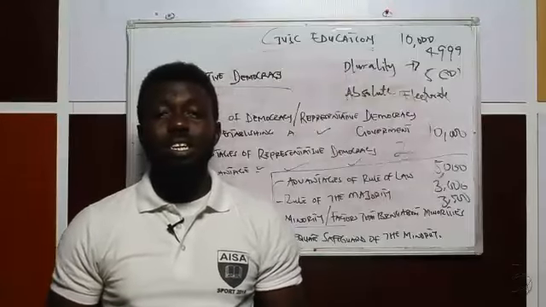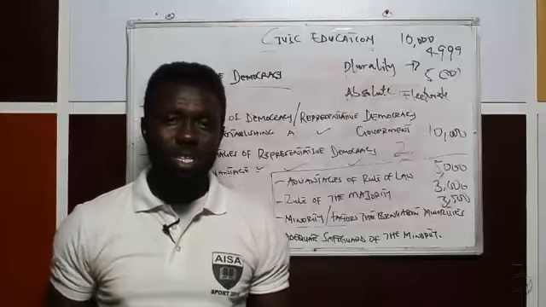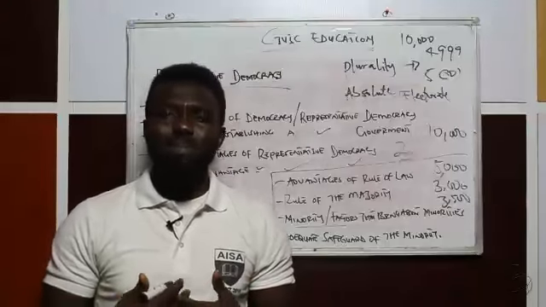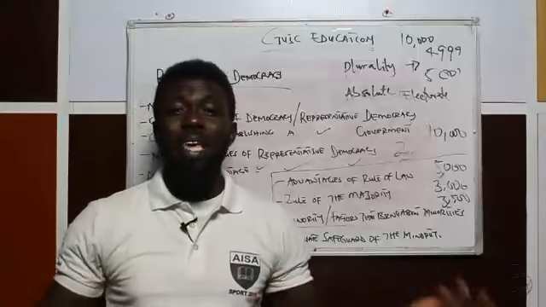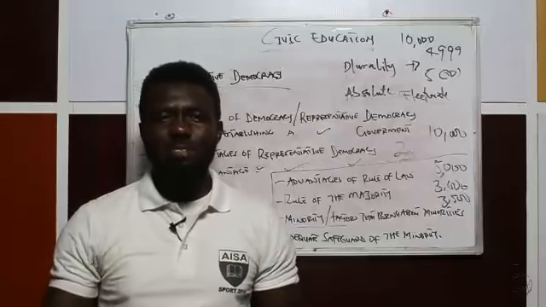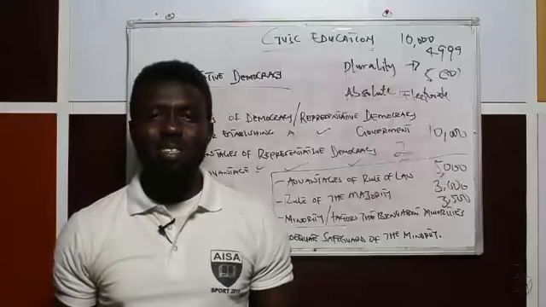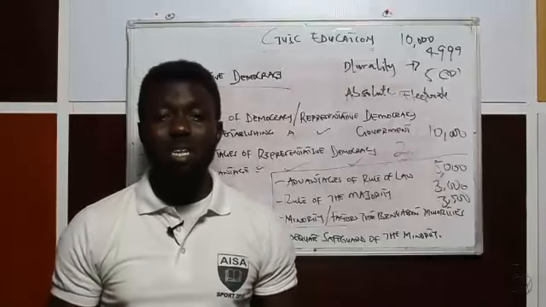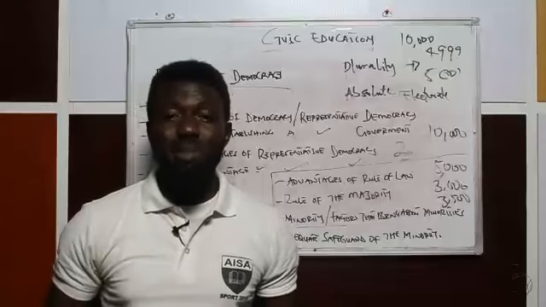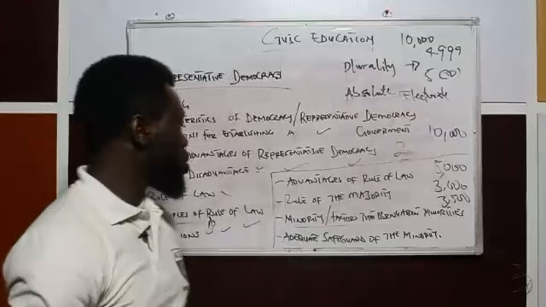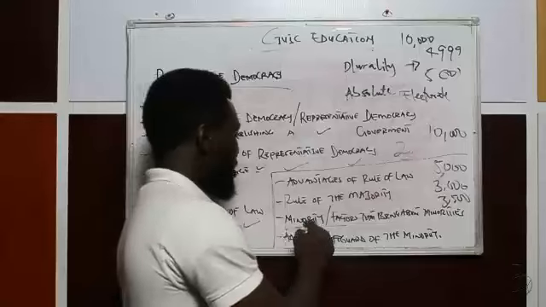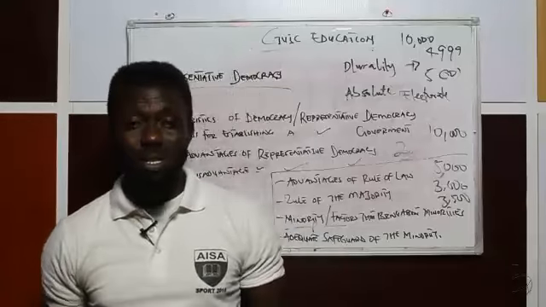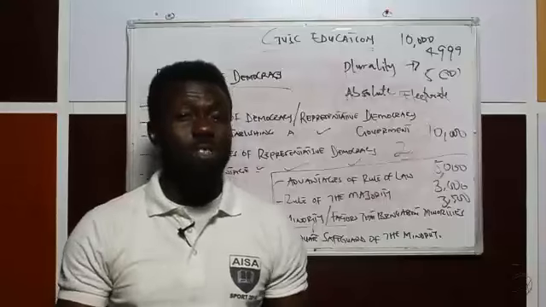For instance, take a party like APC or PDP, and then you bring a new party, maybe you call your party PNA or anything like that, and you just have a couple of thousand people as members in the party. You cannot compare yourself with a party like APC, which has millions, or PDP, which has millions of members. So that is basically what minority means: a small group of people who are different by opinion, political conviction, language, or even religion.